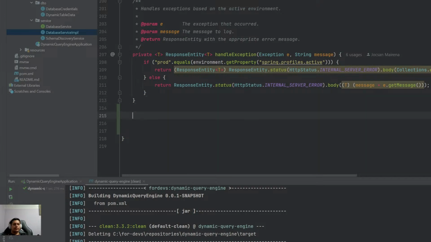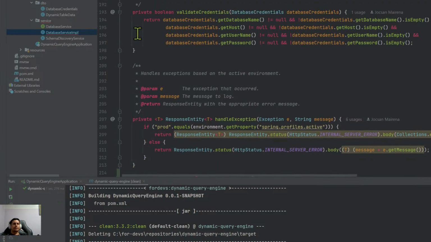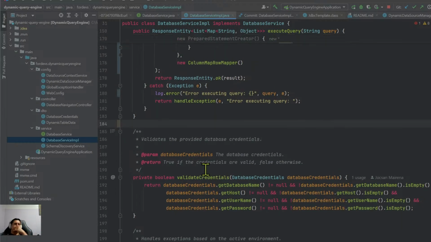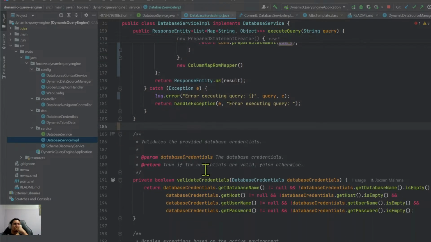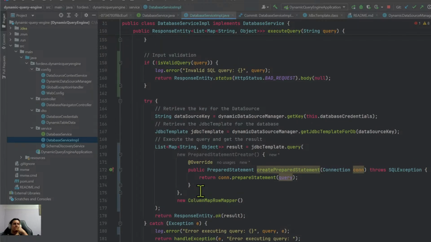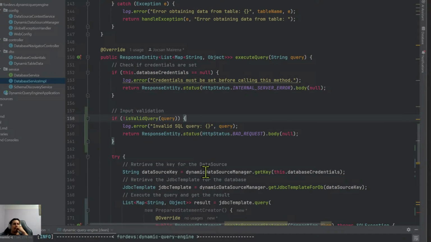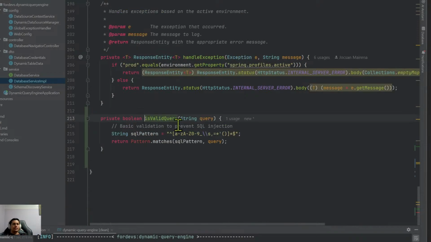Is valid query. Let's see. Basic validation to prevent SQL injection. String SQL pattern. So it needs to be